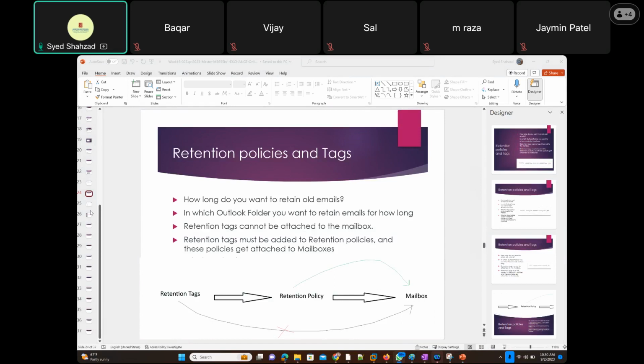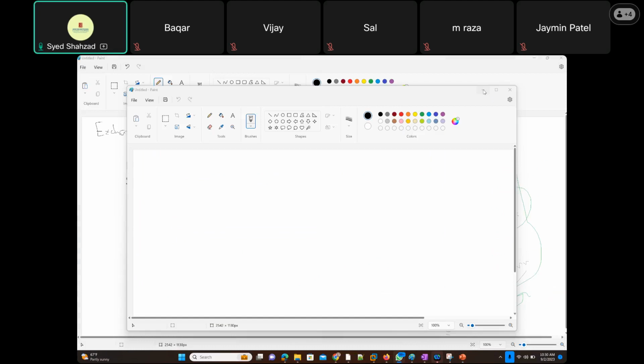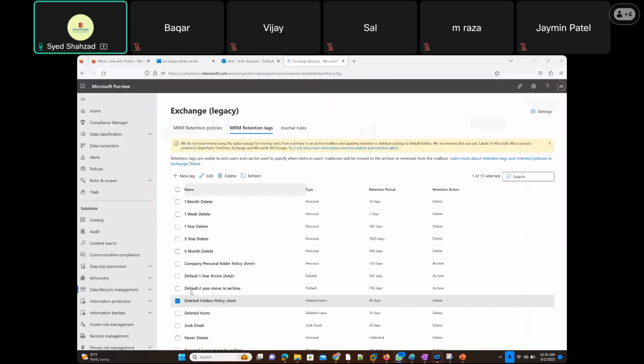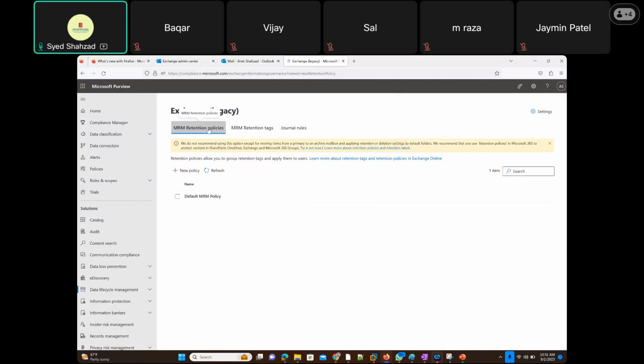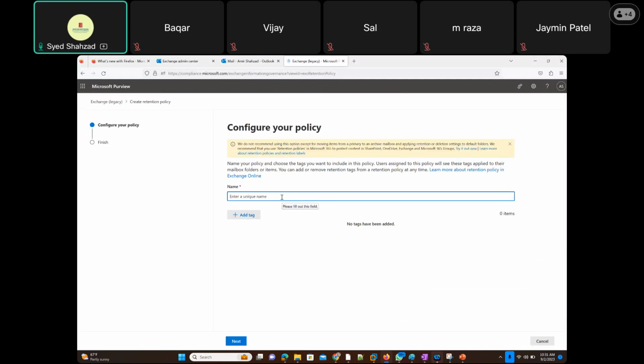So what we're going to do is attach these retention tags to the policy now. How do we do that? We're going to go for MRM retention policies. The retention policy only gets attached to the mailbox. Retention tags do not get attached to the mailbox directly, so tags need to be added to the policy. I'm going to create a new policy here, and that would be company mailbox policy, suppose,